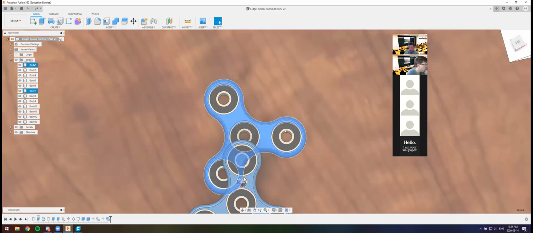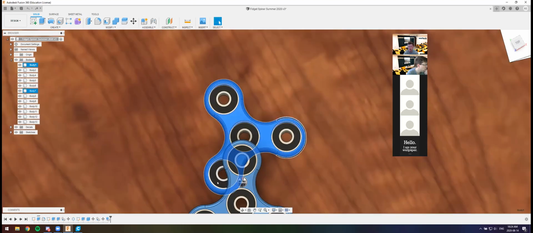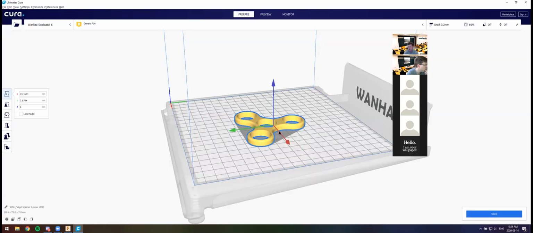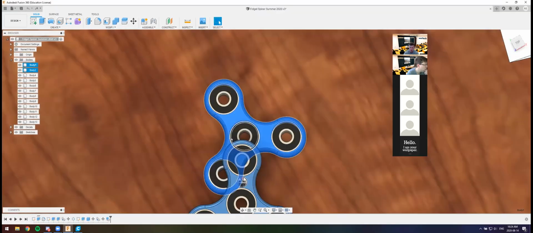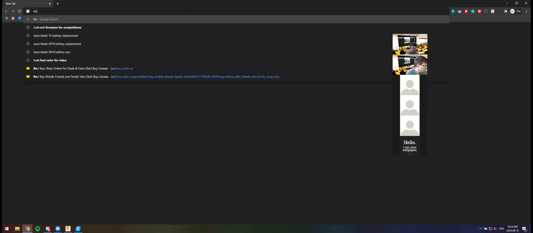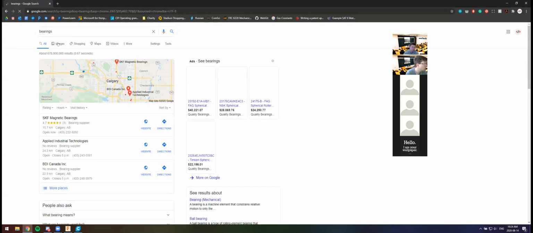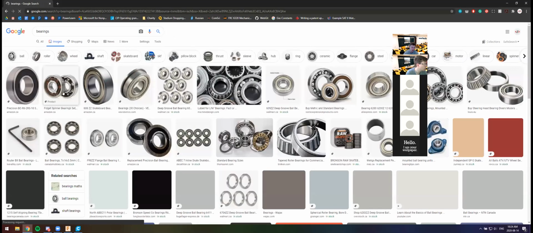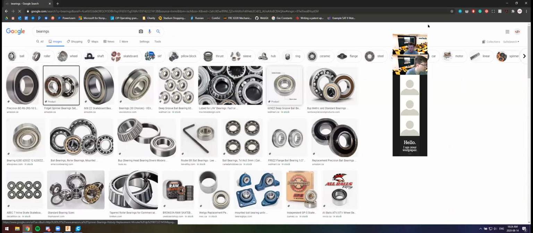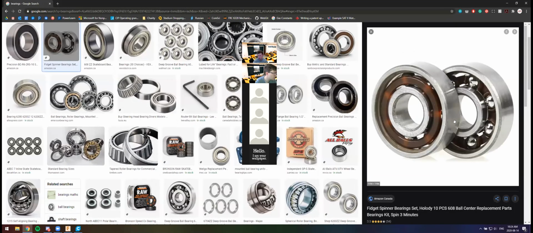These bearings are real things made out of metal that you have to put in your fidget spinner after you print it. What about the middle part? The middle part is also a bearing, right? If you don't know what a bearing is, let me search it up real quick. So a bearing is like this, right? It's a real thing. You can't really print it. So it's a real part that you have to go and buy from a store or order on Amazon. And then later, when you 3D print your fidget spinner, you have to put these into those holes,